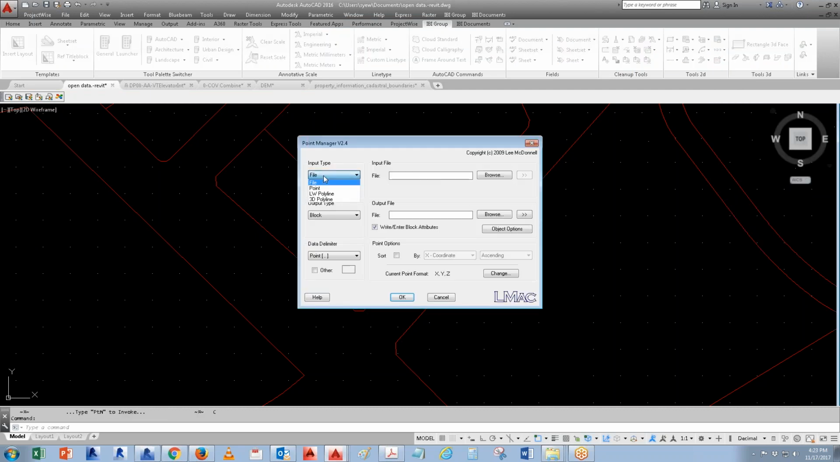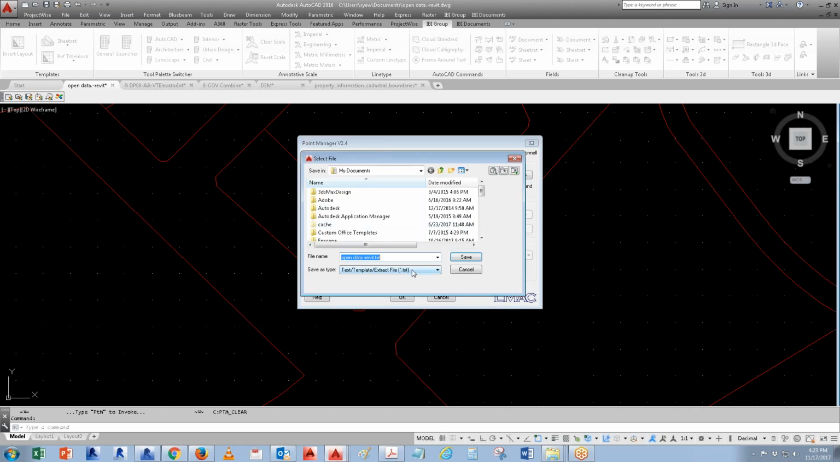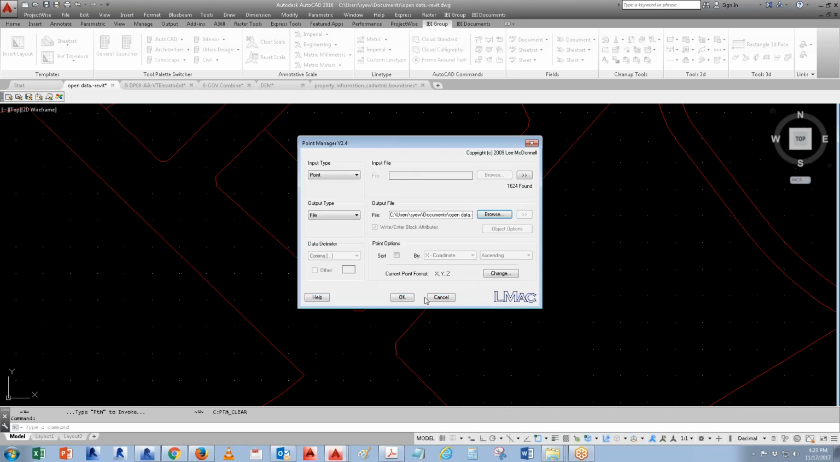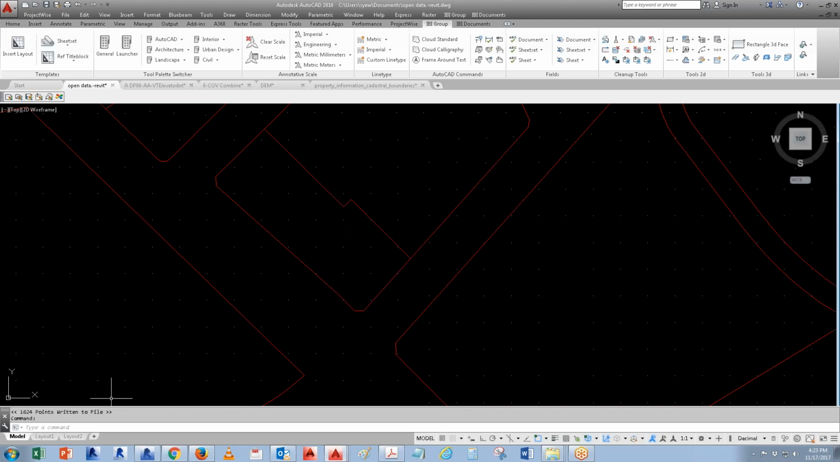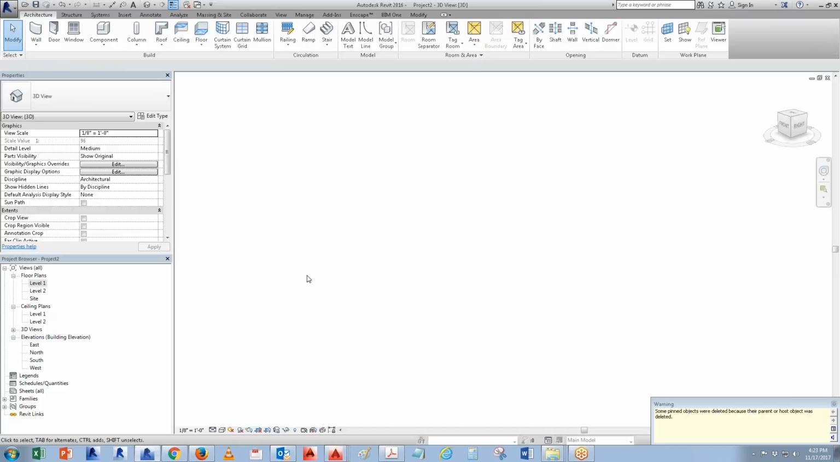You click on that. The first thing you want to do is pick the points, and in the output, you want to put a file. Next, you go to Browse and choose the CSV file. Revit will read the CSV. Then when you Save and hit OK, all the points are calculated right there. When you go back into the Revit side of things,